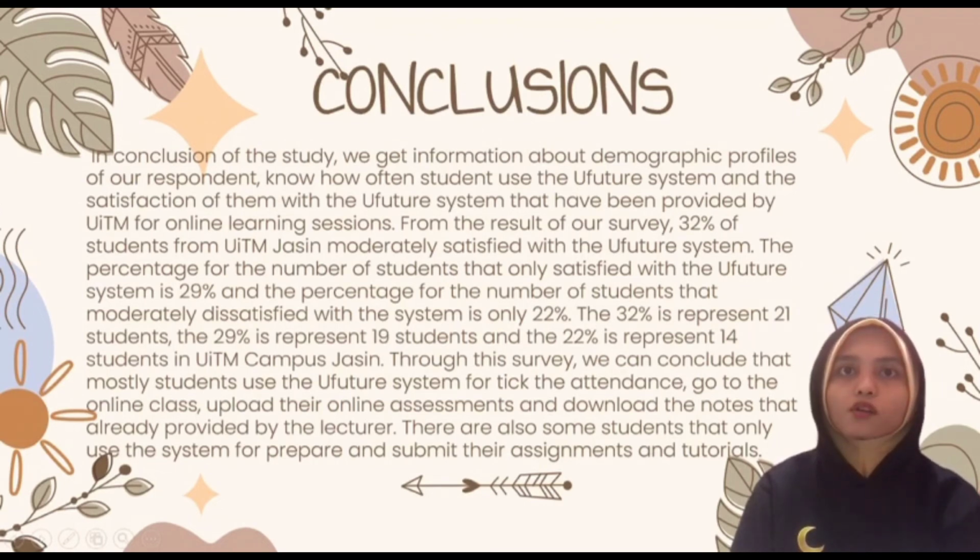The percentage of students that are only satisfied with the UiFuture system is 29%, and the percentage of students that are moderately dissatisfied with the system is only 22%. The 32% represents 21 students, the 29% represents 19 students, and the 22% represents 14 students in